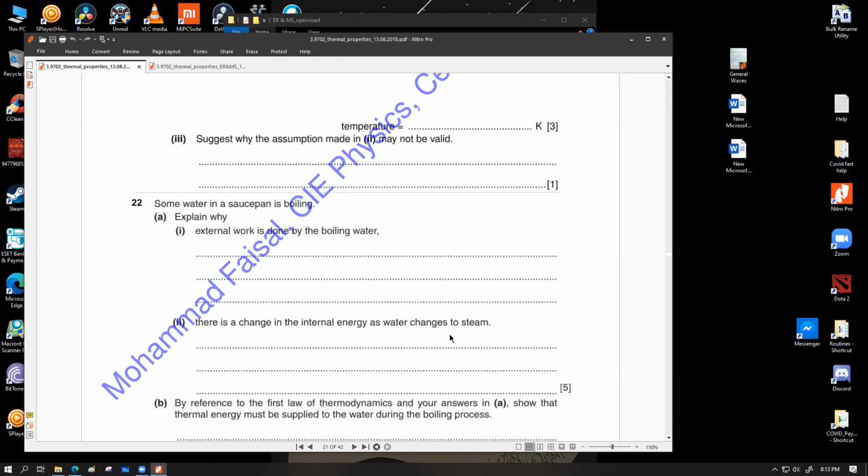Okay, so only those that are escaping into the atmosphere are changing internally, right? For the boiling case, for those going to the atmosphere, the internal energy increases in terms of potential energy increase, but kinetic energy is not increasing because we are assuming 100 degrees Celsius water is converting into 100 degrees Celsius of steam.